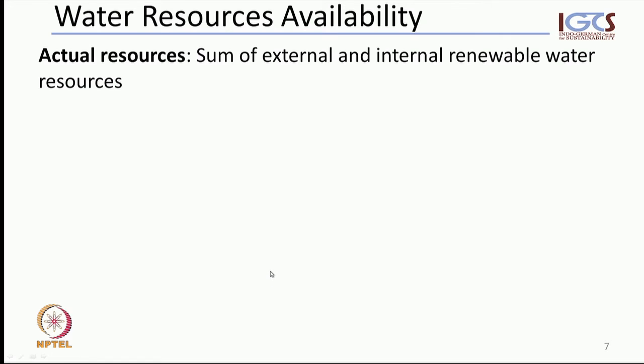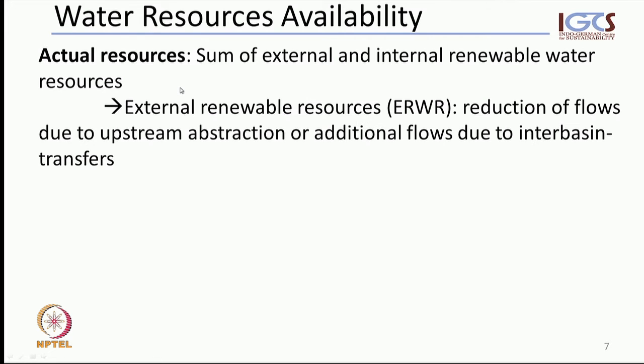Now, if we want to conduct water resource availability assessments, we have to work out our actual resources, and the actual water resources are the sum of the external and the internal renewable water resources,